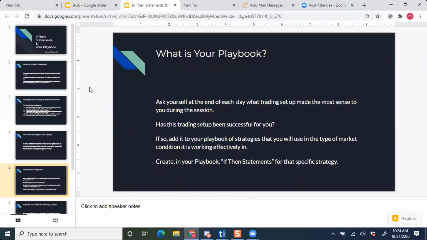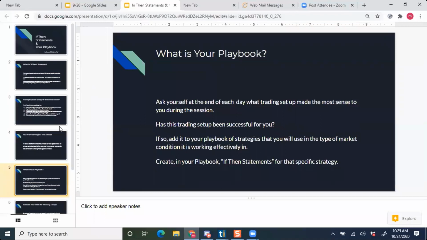All right. And then, has this trading setup been successful for you? Are you starting to see that it's not just one time it's been successful, but it's been successful multiple times? Okay. Then you definitely want to add that strategy to your playbook, so when you see that setup again, you consider entering it. Okay. With your if-then statement. So in your playbook, you would not only put the strategy that you found, but you also put some if-then statements behind it. Okay, so your playbook would have the strategy as well as your if-then statements for that strategy. Okay,